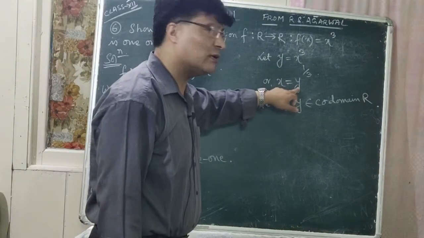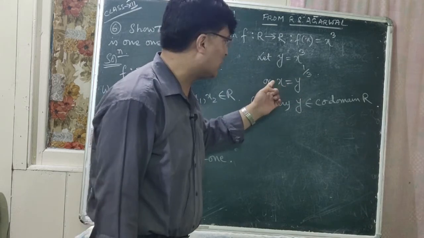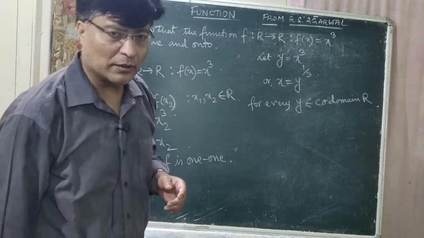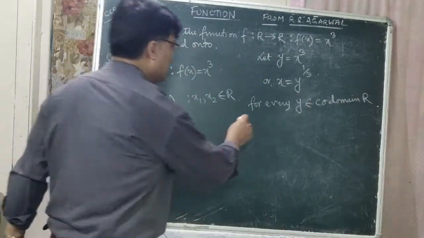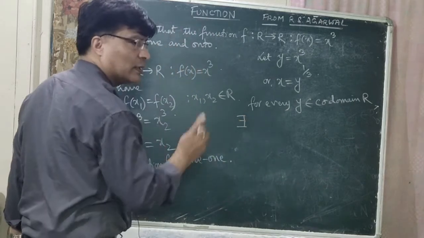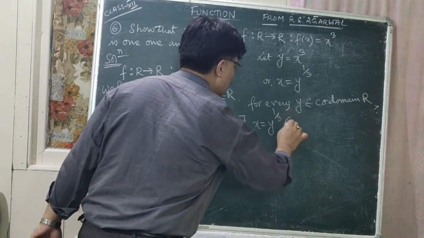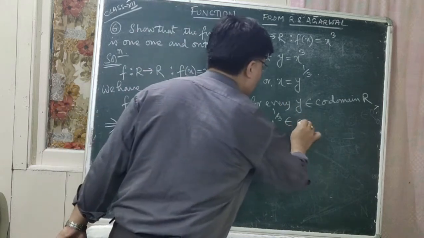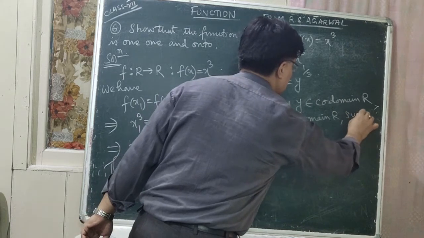A real number to the power 1/3 is also a real number, so you will get x as a real number. So for every y belongs to codomain R, there exists x equal to y to the power 1/3 belongs to domain R such that